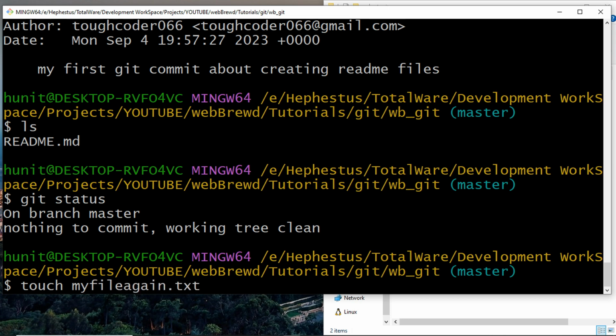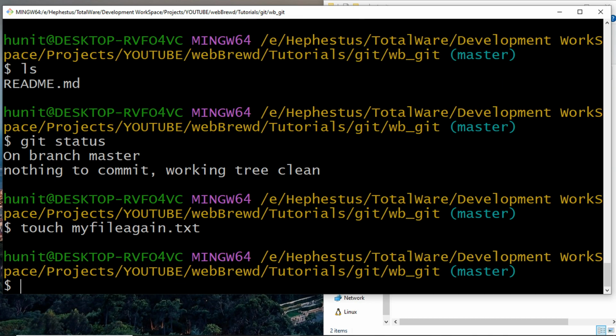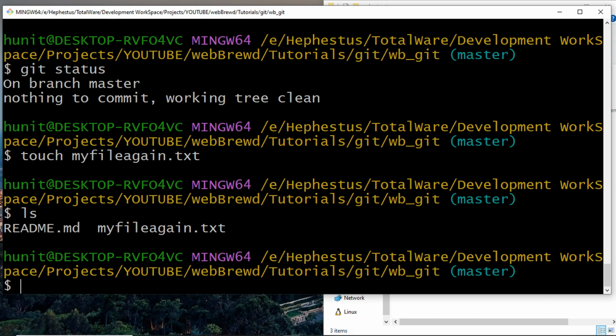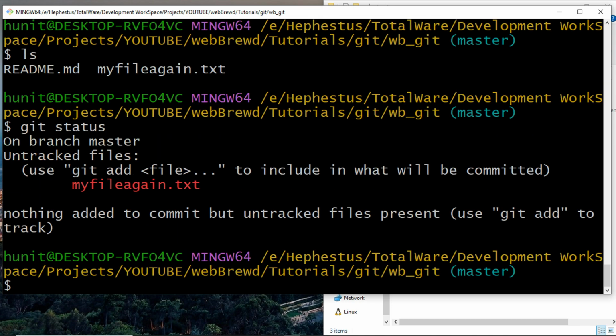We are not going to actually commit this, so when I press ls, it will give me that I have readme and then my file again. If I go to Git status, it's going to say there is something called my file again.txt that has not been tracked, so I should track it